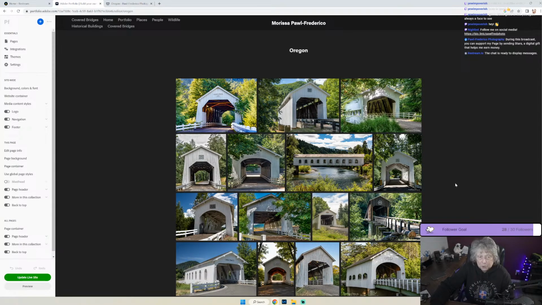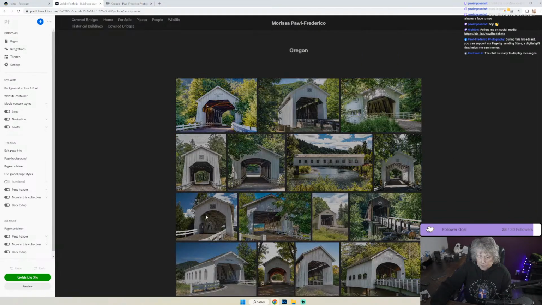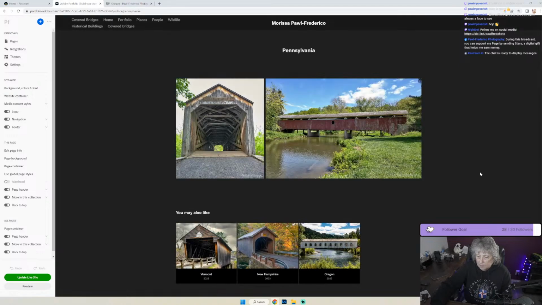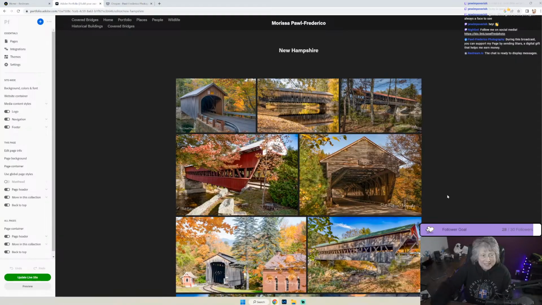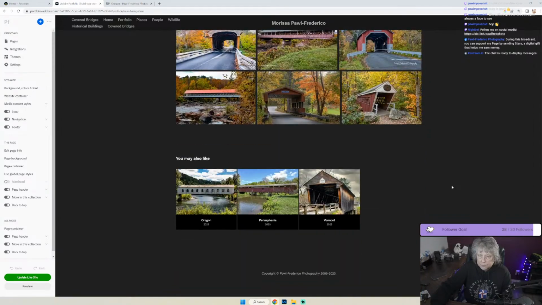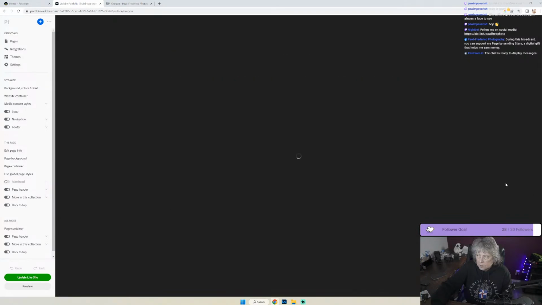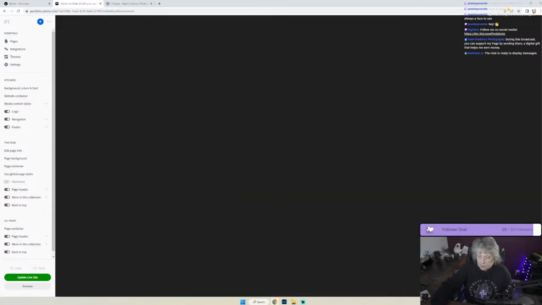Beautiful. That worked really well. So it was very simple, just by adding a collection called, and there's my collection. There's Oregon, and then there's Pennsylvania. I didn't have to load. Oh, there's more from Pennsylvania. I'm not sure why there's only one, 2 bridges there. New Hampshire. Oh, because I didn't put it in the collection. Got all the bridges from New Hampshire, and then all the ones from Oregon and